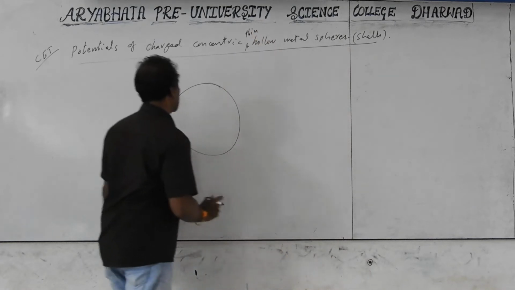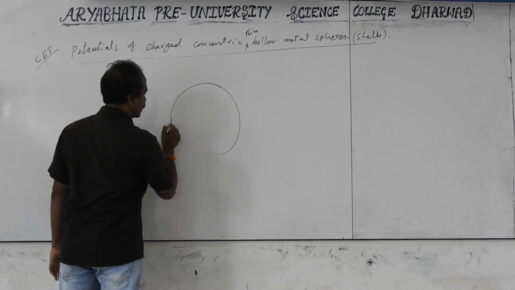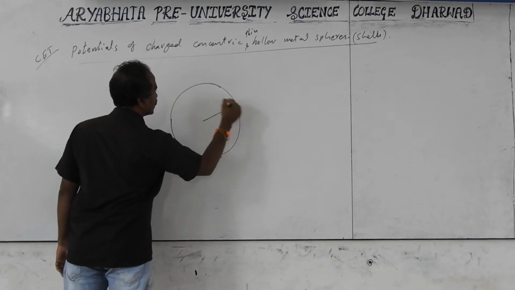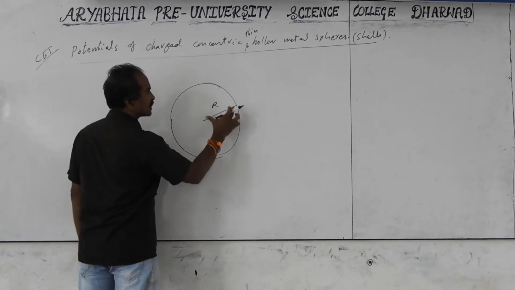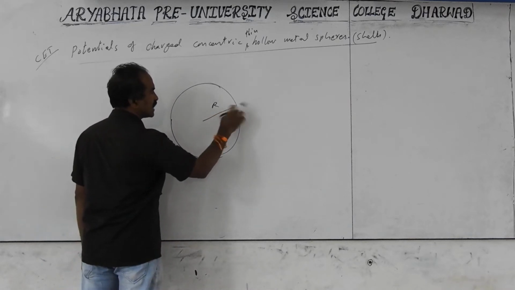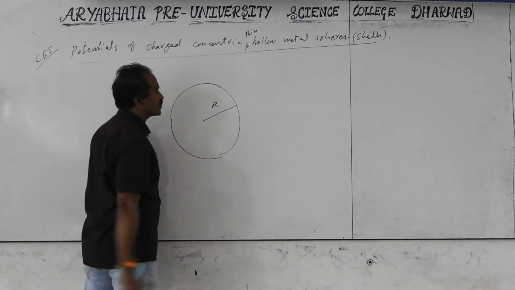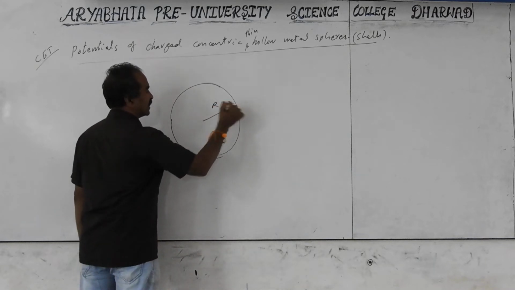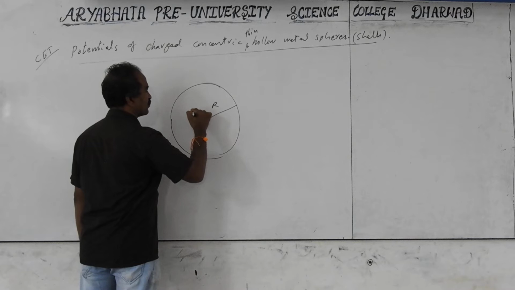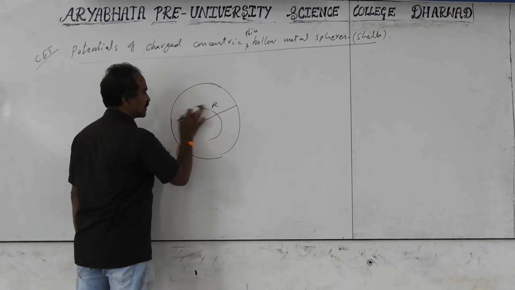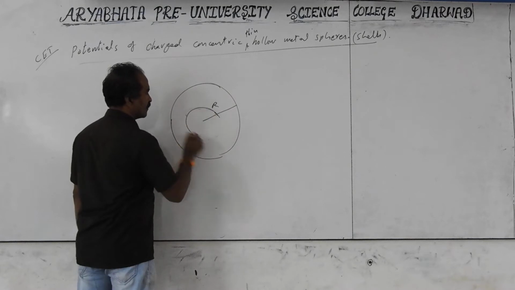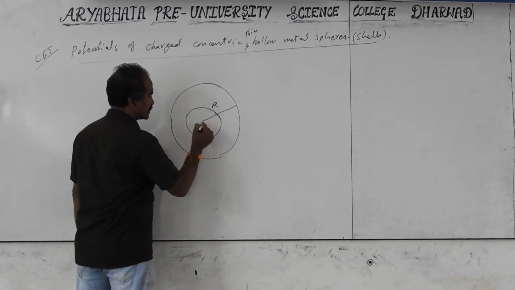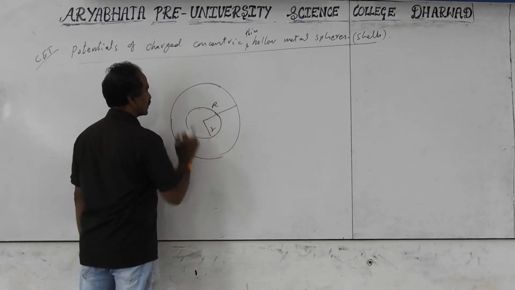Hollow metal spheres. Actually, the outer side should be the thin one. It can be thick also, the result is the same. We take only the thin one because we have to consider only one radius, the same inside and outside. For the purpose of one radius, we have to take it very thin. The thickness is metal here. And one more sphere we will take. Concentric means the same center. This radius is taken as R.